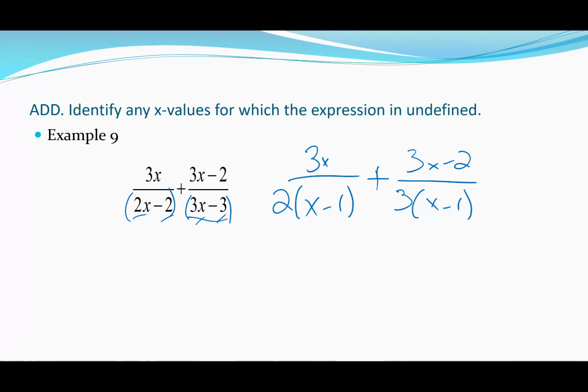So now, look at my denominators. They're kind of close, but they're not quite matching. Both of them have an x minus 1, so that's already accounted for. The denominator on the left has a 2, though. The denominator on the right has a 3. So you can think about the least common multiple of 2 and 3. So basically, a quick way of thinking about this is this side doesn't have a 3, but it has a 2. This side doesn't have a 2, but it has a 3. So if we multiply a 3 to this side and multiply a 2 to this side,